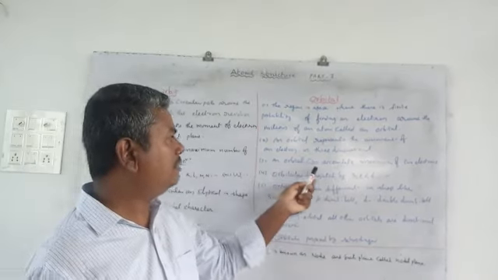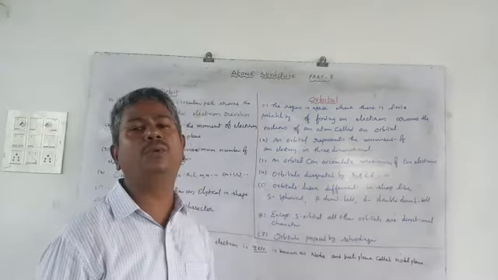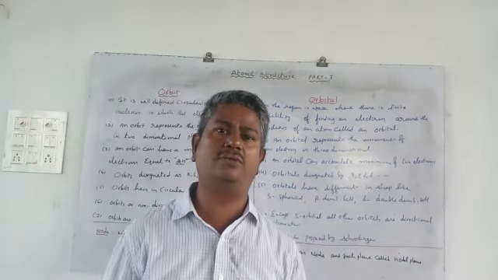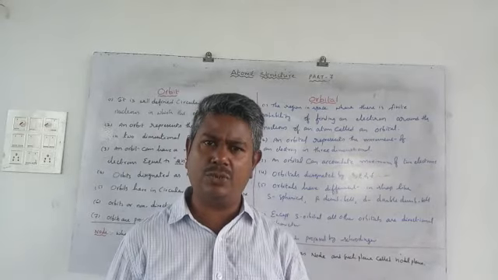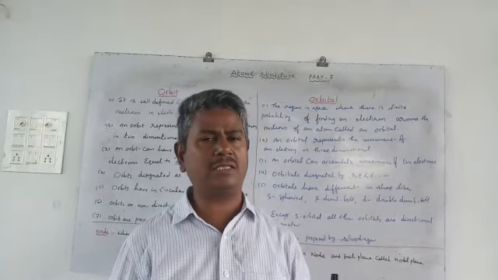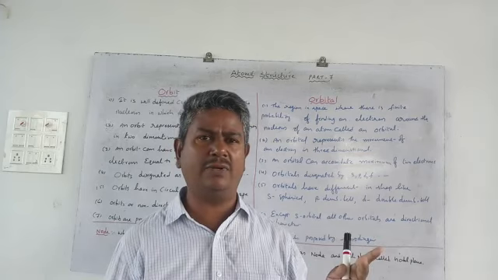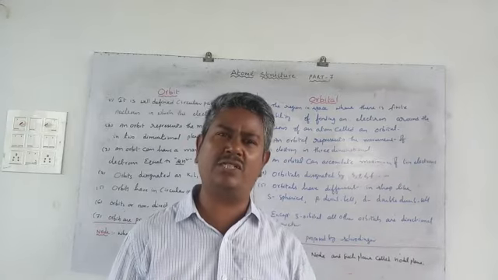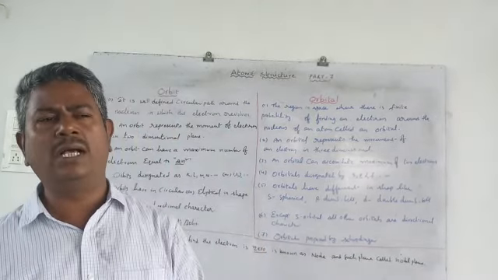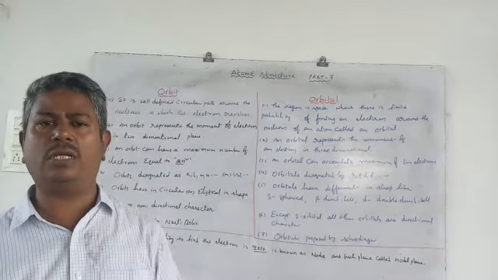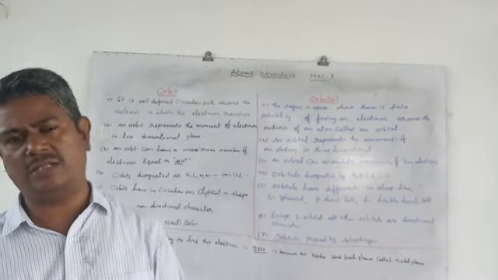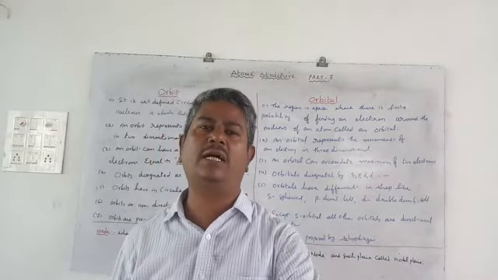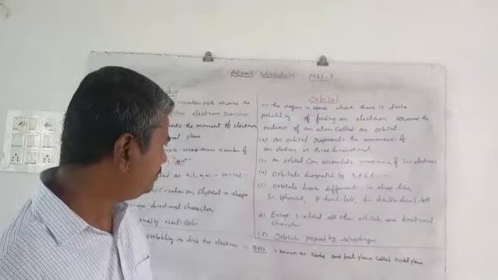Whereas an orbital can accommodate a maximum of 2 electrons only. Any orbital can accommodate 2 electrons only. That means s orbital accommodates 2 electrons. P orbital means px, py, pz, which we already discussed. Those are the degenerate orbitals. Each degenerate orbital consists of a maximum of 2 electrons only. Px has 2, py has 2, as well as pz has 2 electrons. Totally the p orbital accommodates 6 electrons. That means any orbital can accommodate a maximum of 2 electrons only.